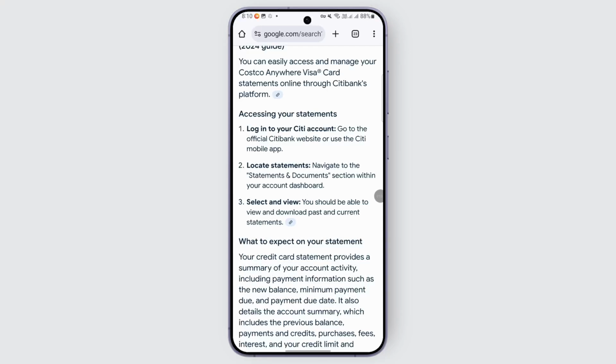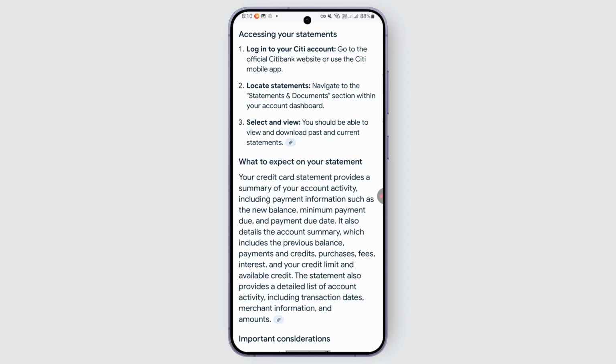And once you are logged in, you can directly navigate to the statements and documents section within your account dashboard. Once you find it, you should be able to view and download the past and current statements directly. And that is it. So the thing is, what you can expect on your statements is a summary